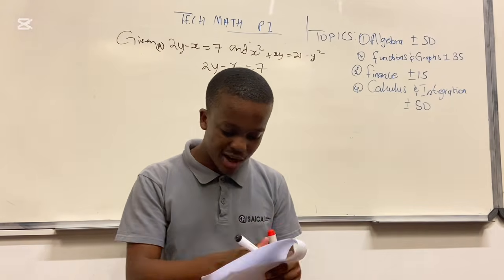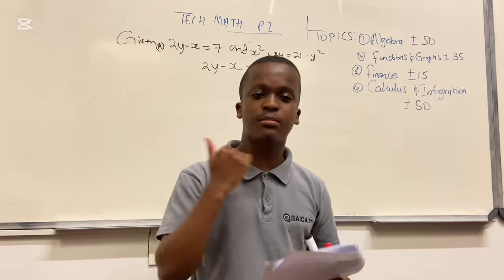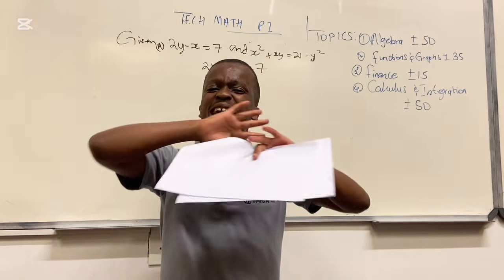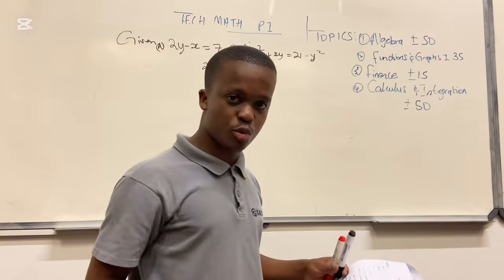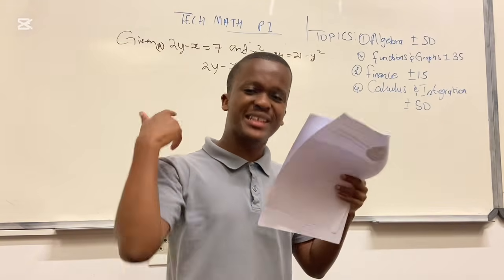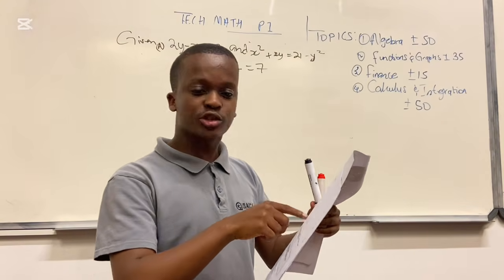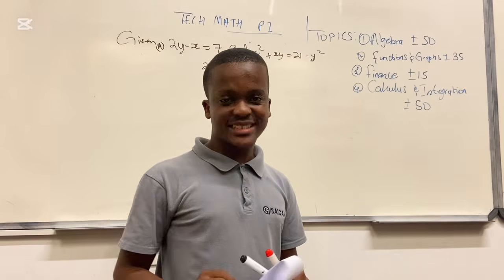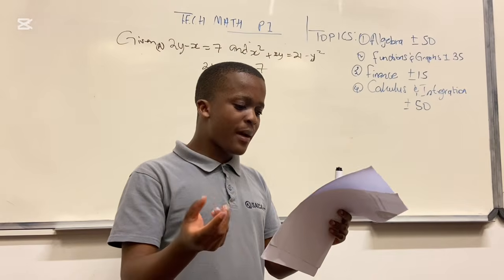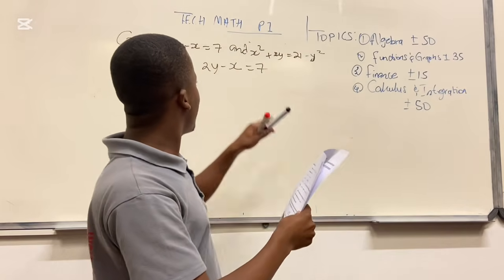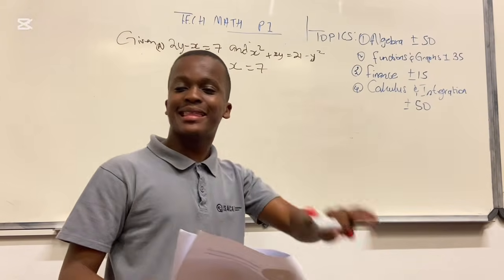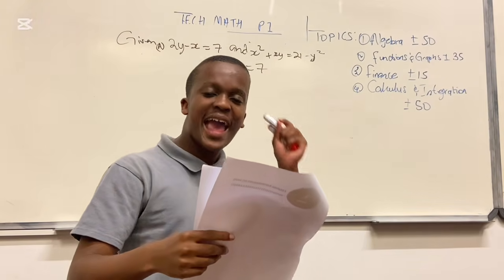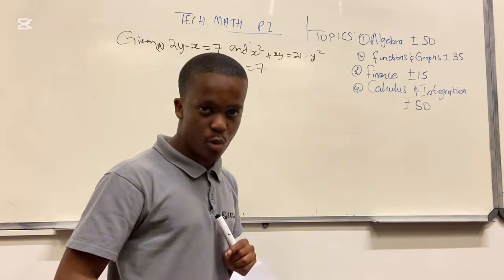Now listen, grade 12s. Once it says hence in mathematics, whether you are dealing with technical mathematics or pure maths, if it says hence, you refer to the previous question. The answer you will use. But hence or otherwise, solve for x and y. So we have 1 mark for the first question, make x the subject of the formula using this equation, and then the second one is 5 marks, hence or otherwise solve for x and y. Let's go.